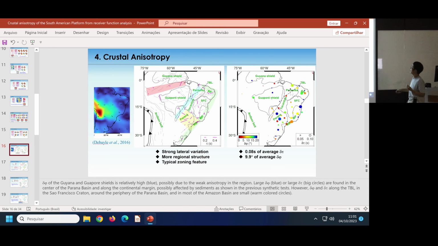The global total uncertainty in tau is about 0.3 second for the global average. So I take 30% of this value as the acceptable uncertainty. All of the uncertainty in tau smaller than 0.15, I think it's acceptable. All of the uncertainty greater than that, I removed them. So that's why here these